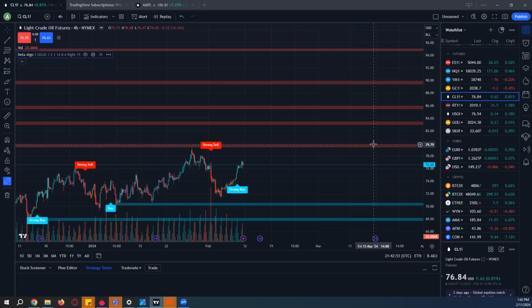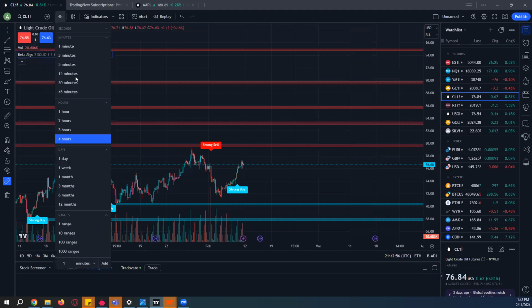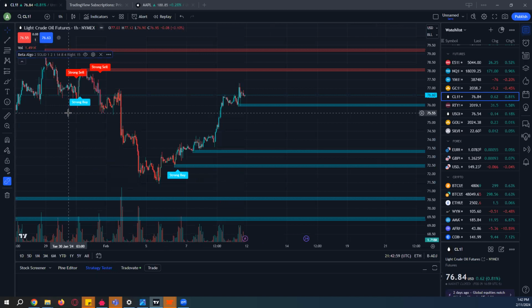For example, can you change it to 1 hour now? Your buy zone and sell zone will stay the same whichever time frame you are on. For example, now at 76, on a 1 hour chart, it may go from 76 to 78. There is a resistance on the 1 hour zone. If it goes to 78 and starts dropping, you will wait for one or two more 1 hour candles. Once it touches 78 and you start seeing red candles instead of blue candles, you can basically short crude oil, and you have a chance to easily make $200 to $300